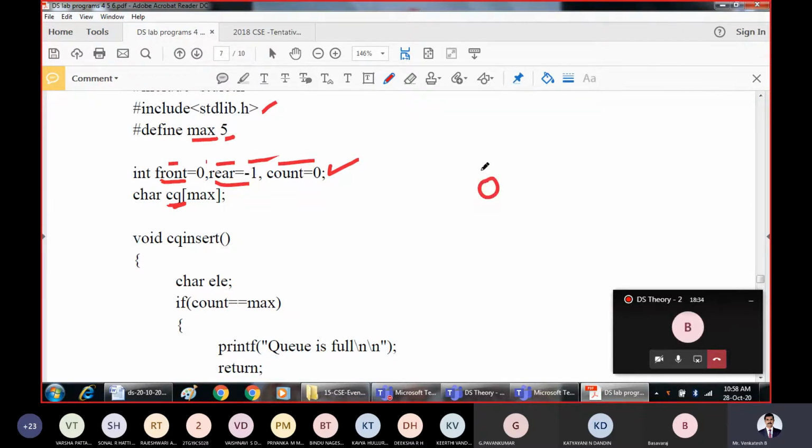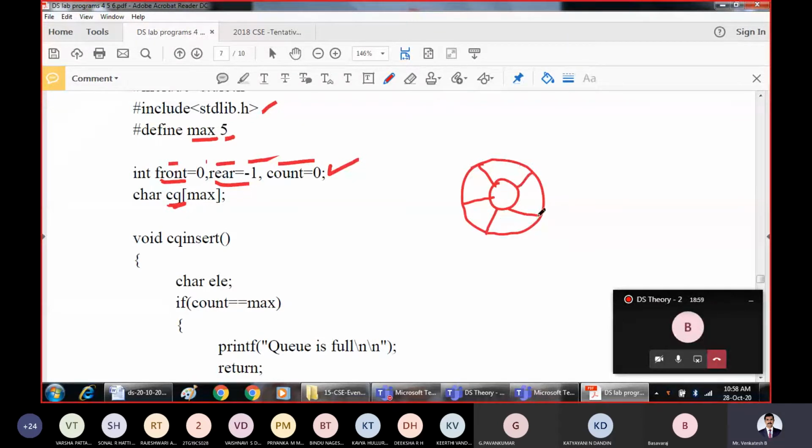So for better feasibility, I'll try to draw the queue here itself, so that parallelly we can understand.